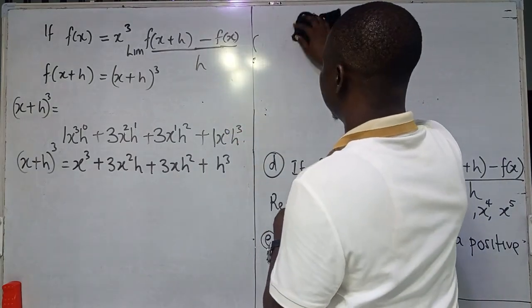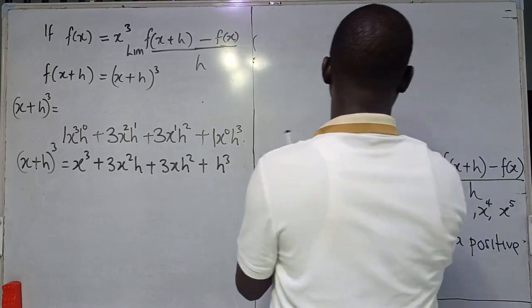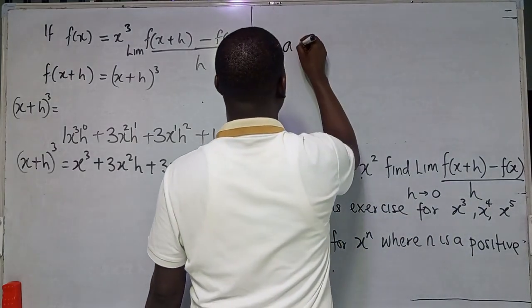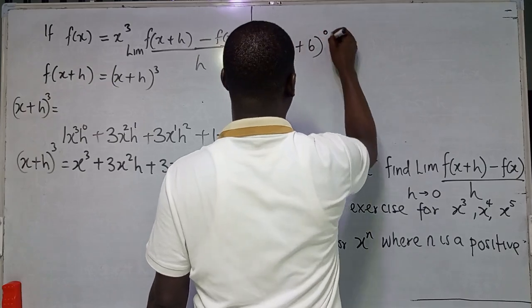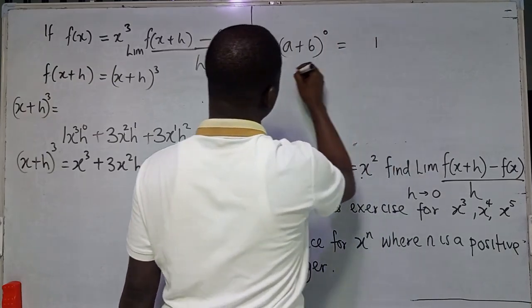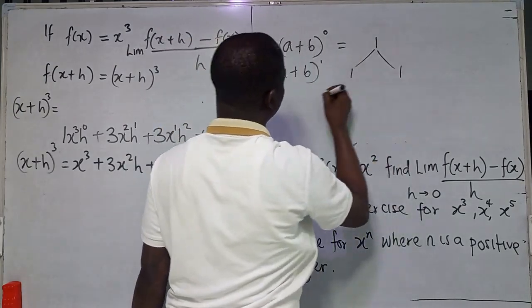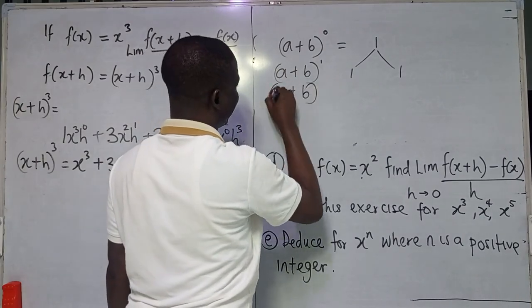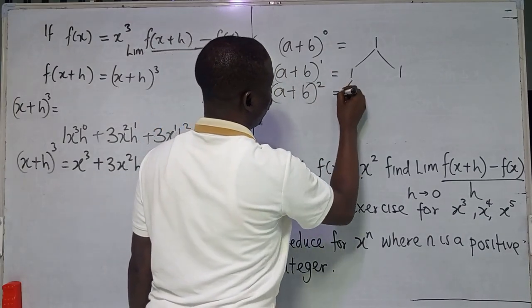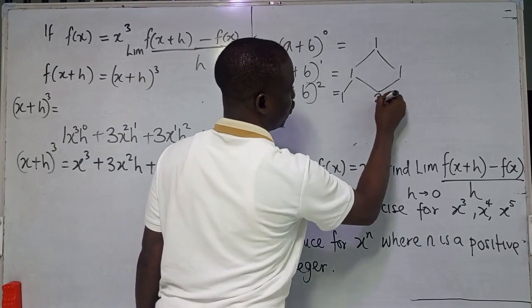What I'm saying now is this. If you want to use Pascal triangle, let's say you have (a plus b) raised to the power 0. That is 1. (a plus b) raised to the power 1, that is 1, 1. (a plus b) raised to the power 2, that would be what? 1, 1 plus 1 is 2,